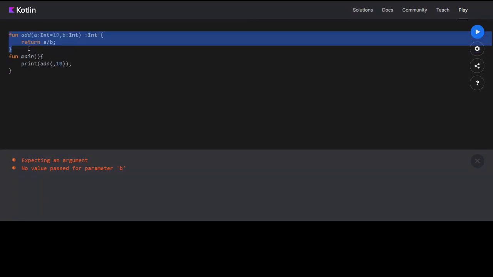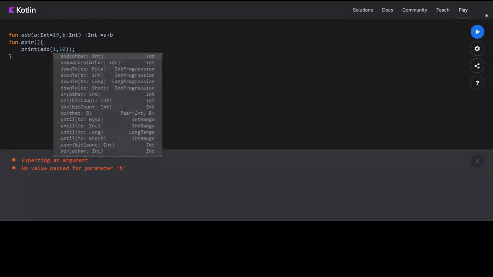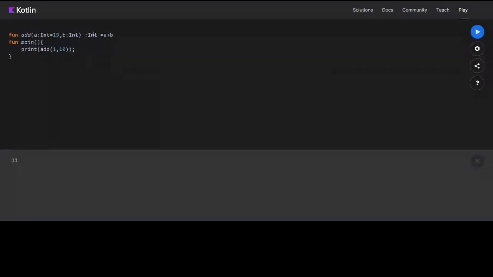So in the previous one also, instead of writing all this, what I can do is just say int equal to a divided by b. Okay, let's say a plus b for now. And if I say 1 comma 10, it will do the same thing, because you are equating this function to this expression. This is a feature that Kotlin provides because it is functional programming. One more feature is that you can pass functions to another function. How will you do that? I will talk about that in a bit, but before that, let's see what lambda functions are.